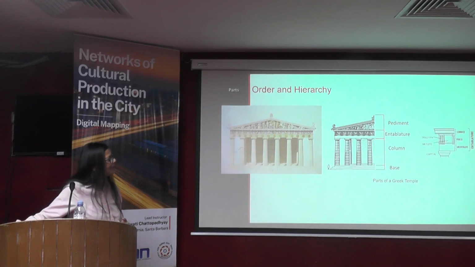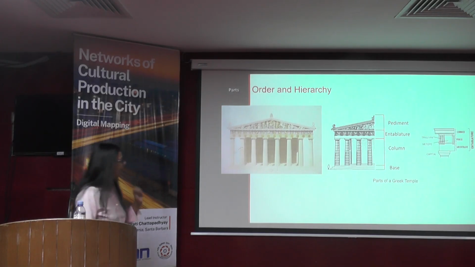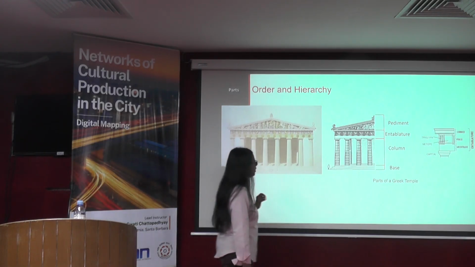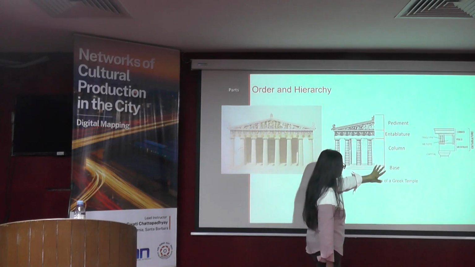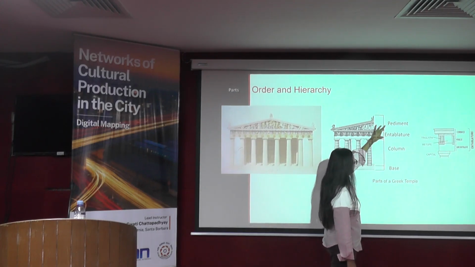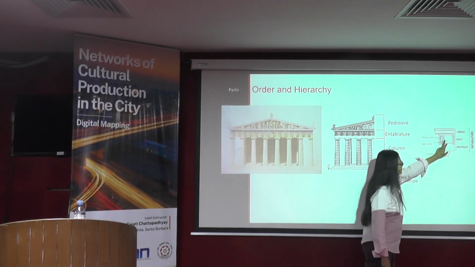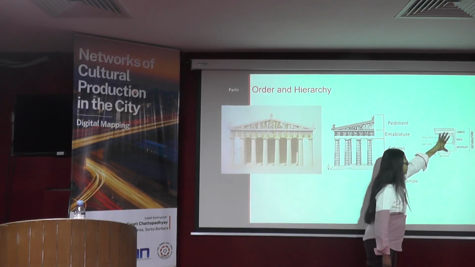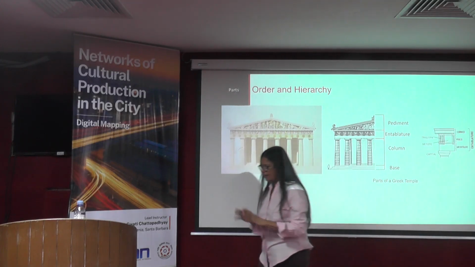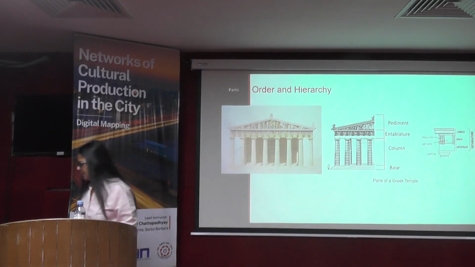Since I might come back to this, if you don't know, these are the basic four parts of a Greek temple. This is the base, that's the column, that's the entablature, this is the pediment, the triangular thing. And I'm going to refer to the metope here. This is part of the entablature, it has different parts in it. I don't expect you to remember it.